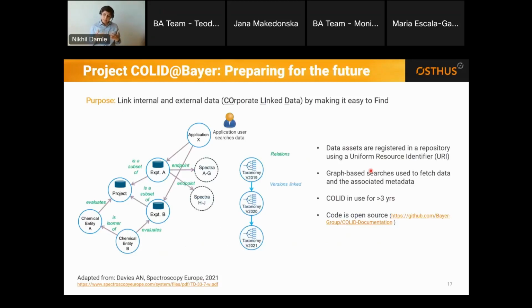And this is really a forward-looking thing because they are trying to capture findability, or F. And without F, AIR cannot be achieved. So what they did is they registered their data assets. These are chemical compounds or protocols or even primary results. They registered these data assets by assigning uniform resource identifiers, the persistent identifiers that I spoke to you about earlier. And then an application user can search against this